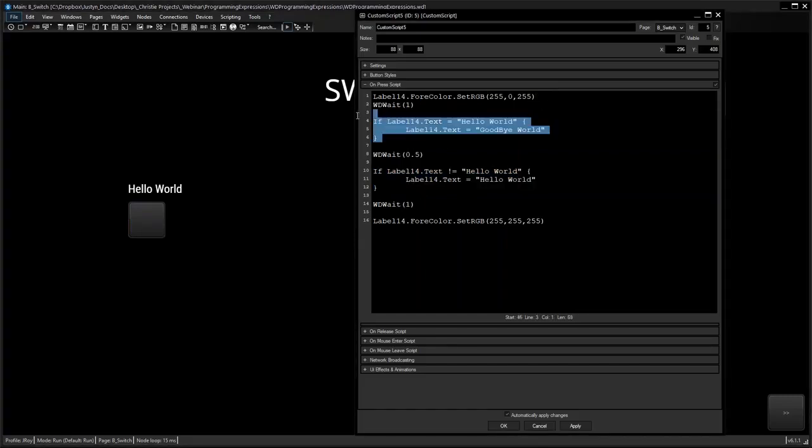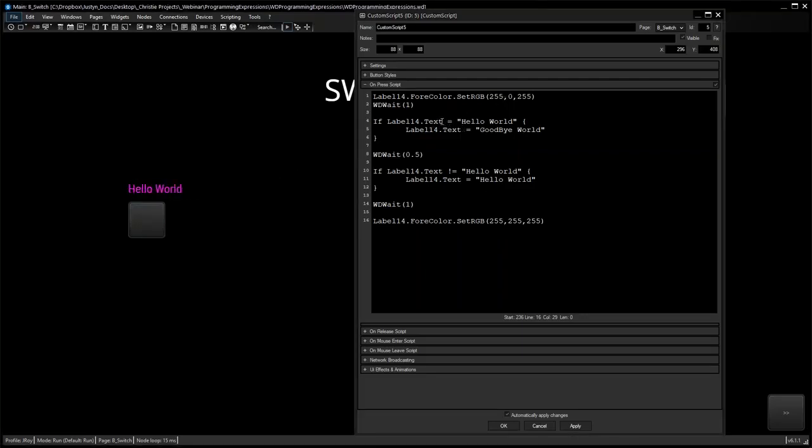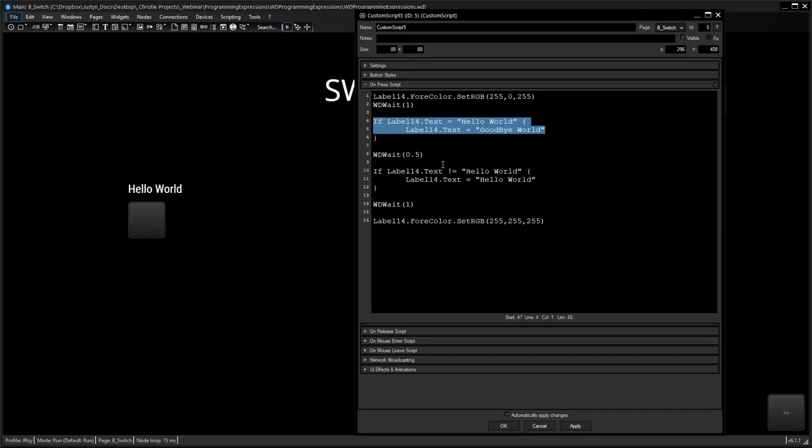So it goes into this condition, checks this condition, executes that script. It carries on to the next script, which is a wait. And then it does this one. Whether this is true or false, it goes through that. And then again, it goes to the next line, and then the next line again, and so on. So we can see it changing to magenta here on the first line. It does this, changes it to hello world, goodbye world, sees that this statement is also true, and then it